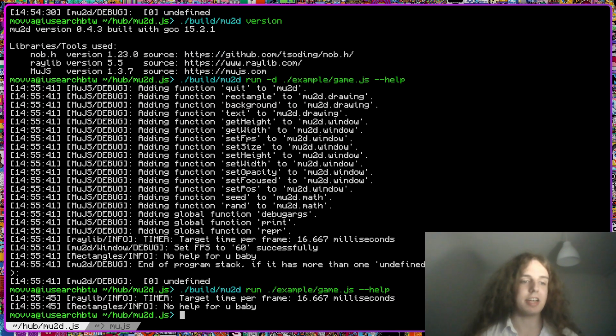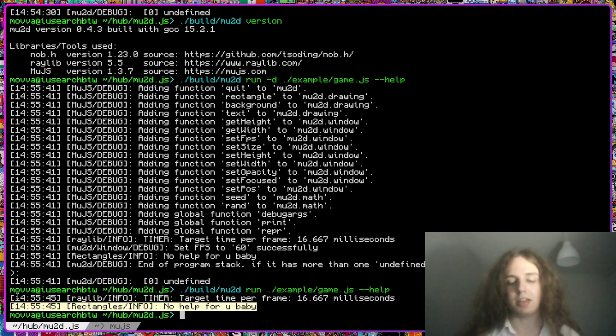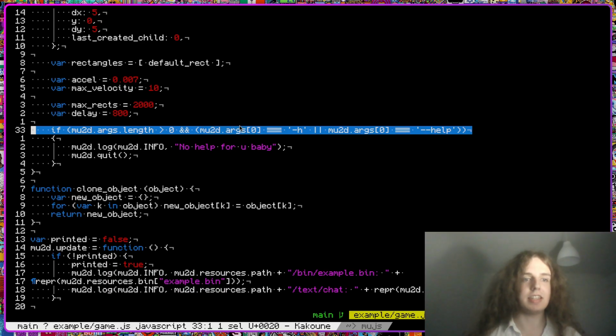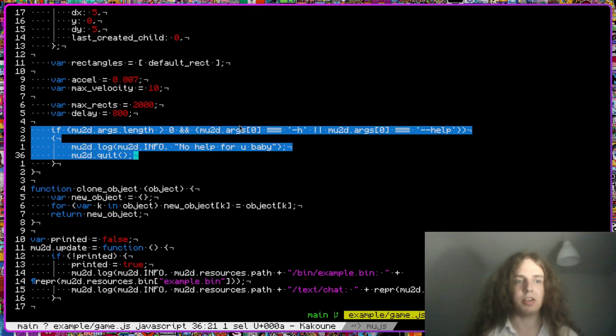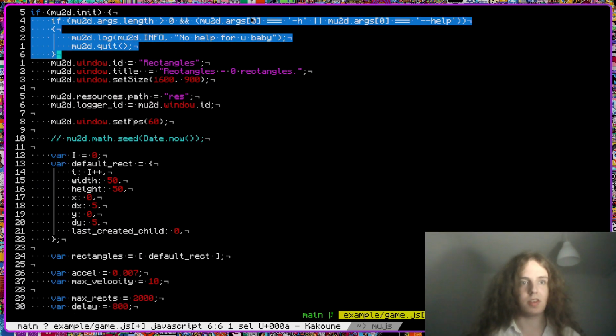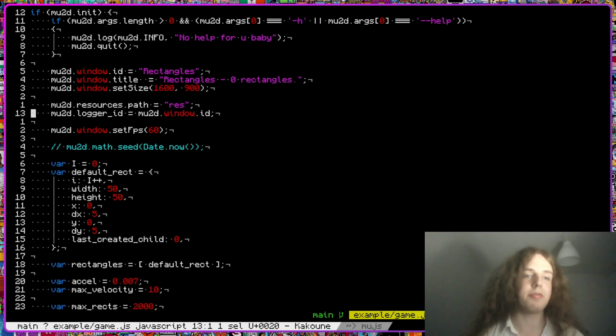So you can't really get rid of that because set FPS prints that, but it rarely prints that when you're setting the FPS. So maybe actually there's a way to fix that. I'm lying. Example game.js. So there's actually a way to fix that. It's to do that before initializing your state. Boom. There you go.